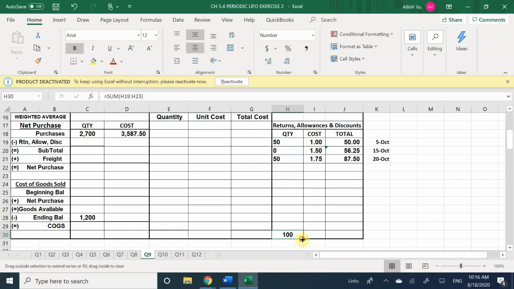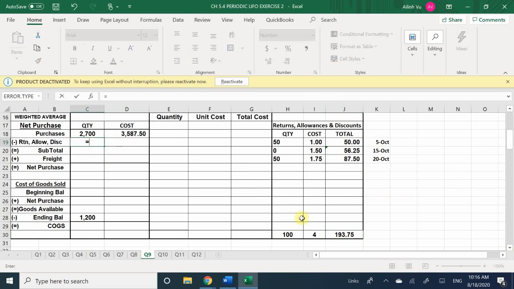And what was the full amount that we returned? 193.75. Okay, so I'm going to cell reference that right now. Okay, so now that we have our returns,